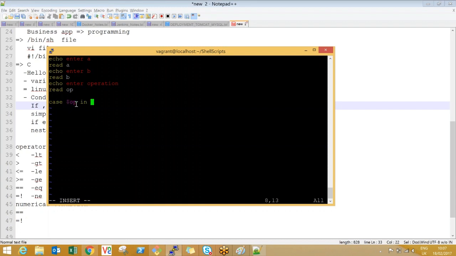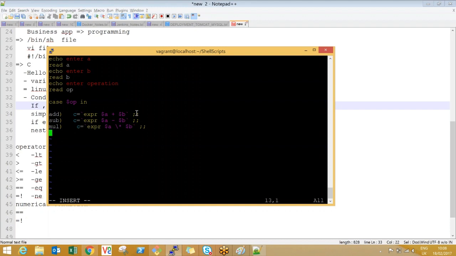Case $op in. First case, if it is add, you perform whatever you want: C equal to expression $a plus $b, and if the case ends, double semicolon. Next, if it is subtraction, same thing again. If it is multiplication, only the operator will change.